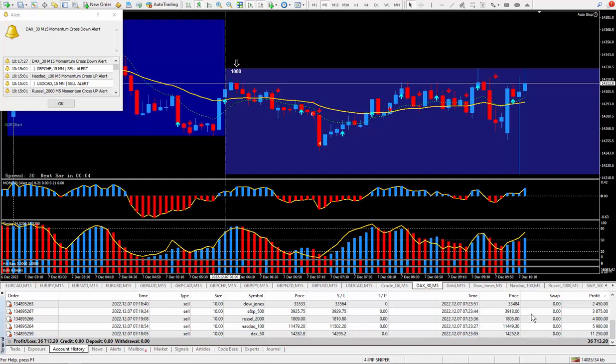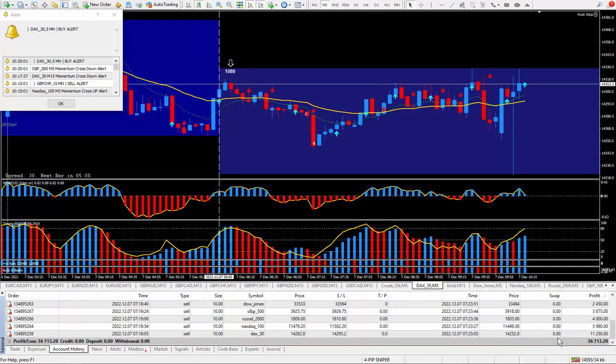I added up all the pips and the ticks. I knew it was going to be over 300, and it is, mainly because of this DAX 30. The grand total came to 605 pips and ticks, and all of those ticks ended up paying out